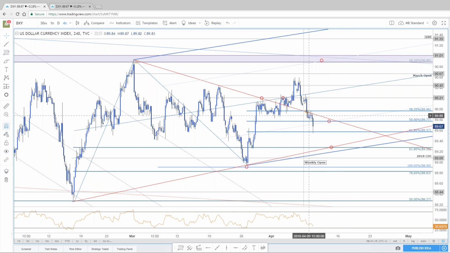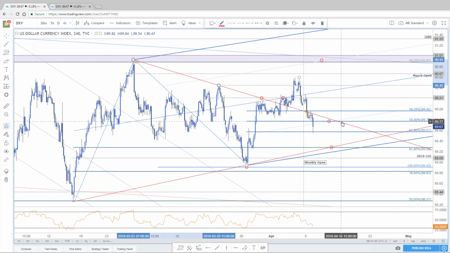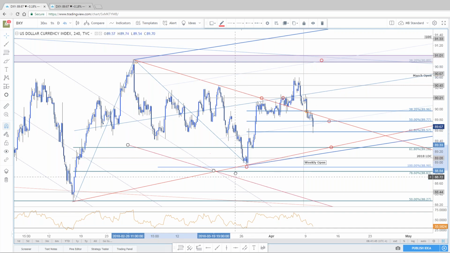But all things held constant, on a pullback here, if we are heading lower, should be looking for resistance at 89.96. Okay, you also have a decent slope there. We've been pivoting on both sides, right? Resistance, resistance, resistance, resistance, break, support, support, break, acceleration, resistance, move lower. So I'm going to keep that slope in view. Something to take note of. In fact, I think this was also